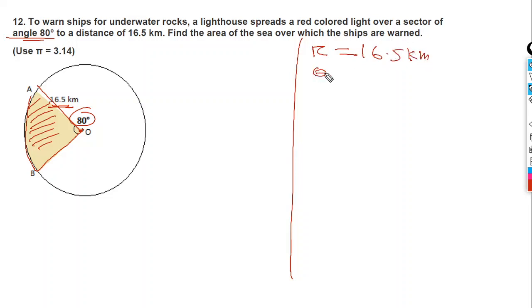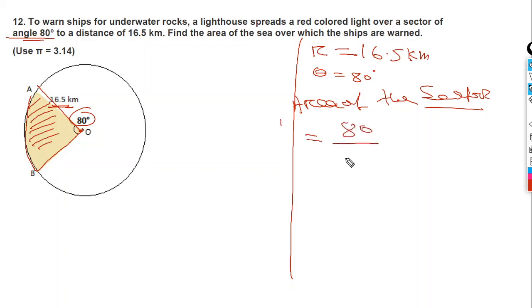Then theta is equal to 80 degrees. We have to find the area of the sector, or you can write the area of the sea over which the ship is warned, is equal to theta by 360, 80 degrees by 360, into pi, here pi is 3.14, pi into r square. R is 16.5 square, which will be equal to,